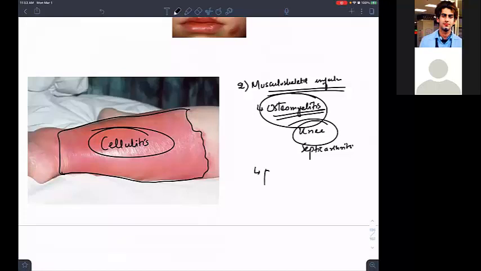There is also post-operative parotitis, which I will tell you under some headings. Let me make it under some headings. So osteomyelitis, pyomyositis, and psoas abscess. You have major psoas muscles in your back, psoas major and psoas minor. If an abscess happens in the psoas muscle, we say psoas abscess. Psoas abscess is also caused by Staph aureus infection. Septic arthritis is caused by Staph aureus, and the most common site is the knee.